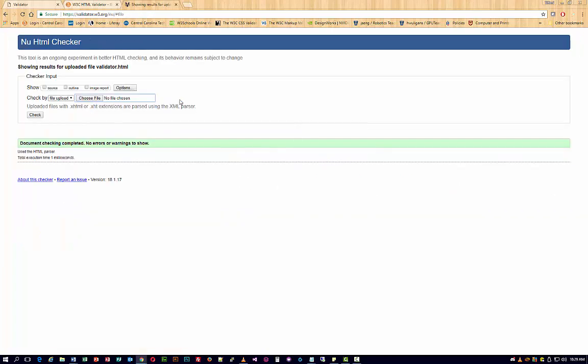Yay! All right. So this is what I want to see. I want to see this nice green bar up here that says no errors or warnings shown. All right. This is what I want. Because like I said,